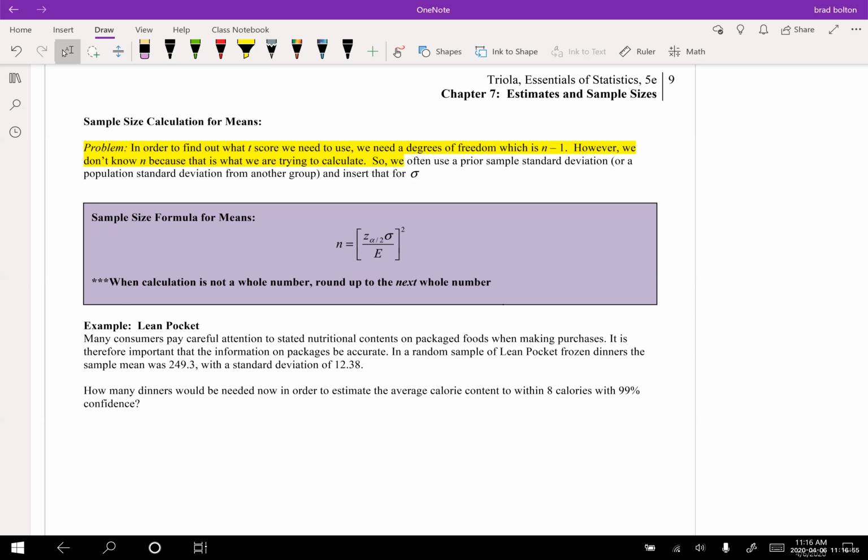Okay, so it says problem. In order to find out what t-score we need to use, we need a degree of freedom, which is n-1. However, the whole point is, you guys, that we're not going to know n. We're trying to find it. So how could you do it? We don't know n because that is what we're trying to calculate. So we often use a prior sample standard deviation or a population standard deviation from another group and insert that